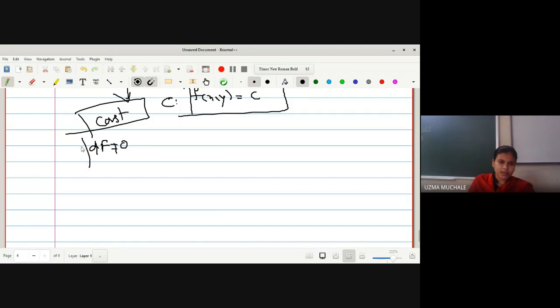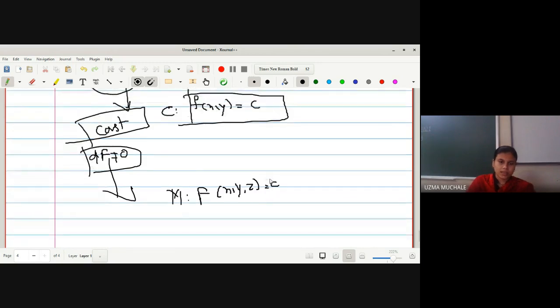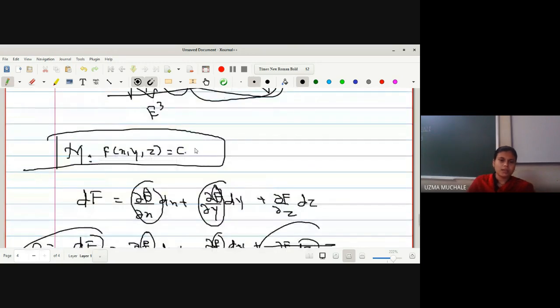And dF is not equal to 0, which means that your F, that is the object you have defined m with F of xyz is equal to c, this one is a surface, and hence the proof. Okay,